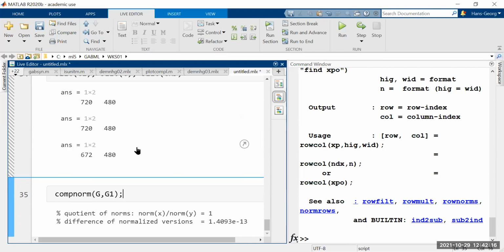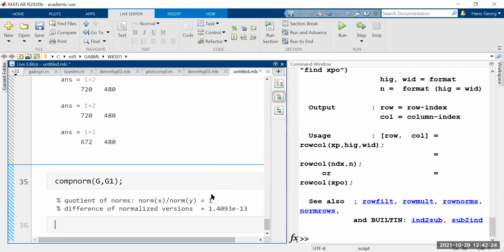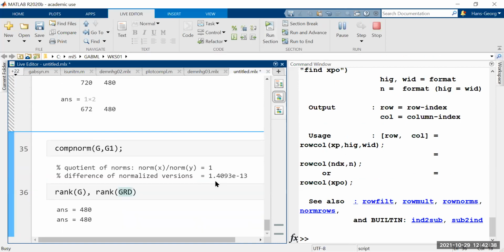We have 672 elements or so. And therefore, it's also interesting maybe to say what is the rank of G, and what is the rank of GRD? So are the vectors that we get a generating system? And the answer is satisfactory. Okay, it's great. There are enough building blocks even with this randomly generated thing,